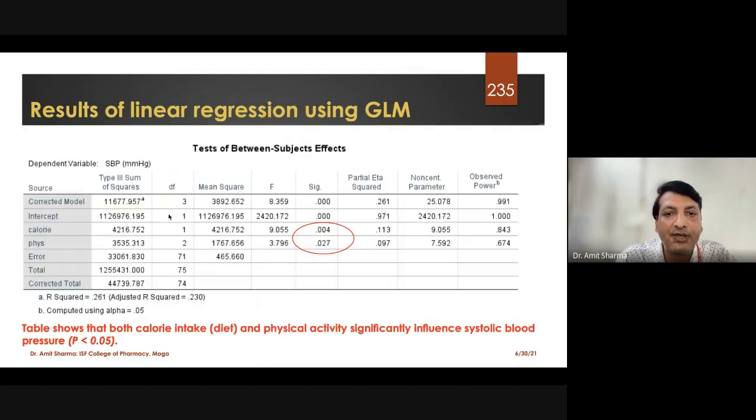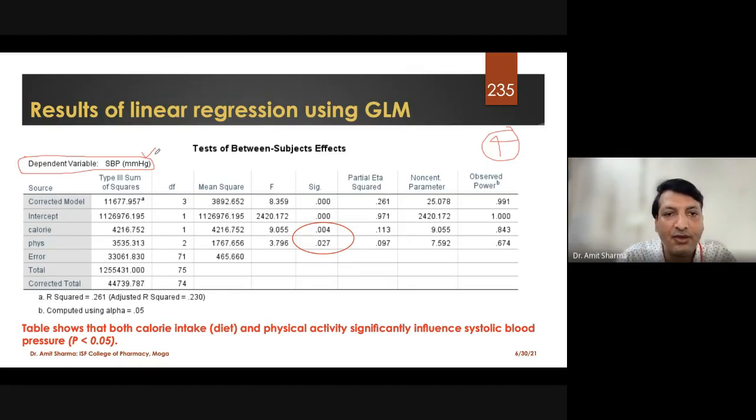So this was table number 3, and this is the main table of the GLM, called the test of between subject effect. Now, table number 4: the dependent variable is systolic blood pressure, with data given in mmHg. A few things you have to remember.